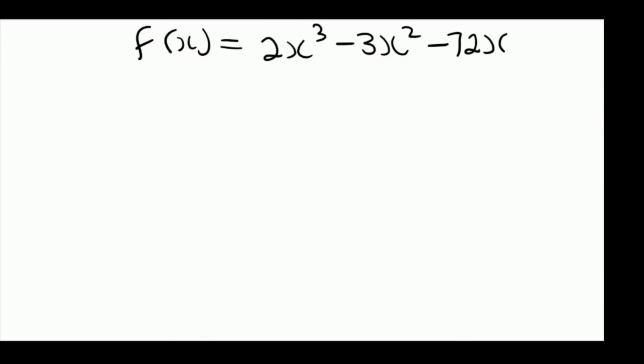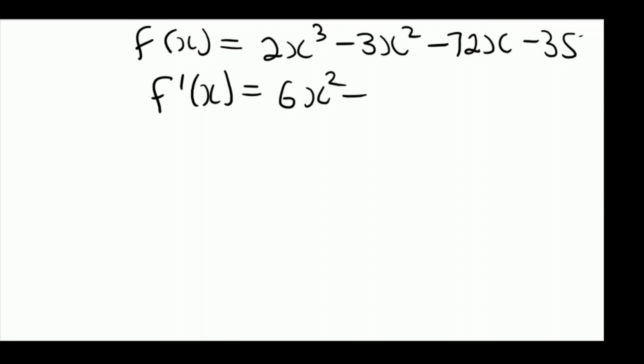So we have f of x equal to 2x cubed minus 3x squared minus 72x minus 35, right? Because we want to find the coordinates of d and e, we need to derive this expression because those coordinates are turning points. So it's going to be 6x squared minus